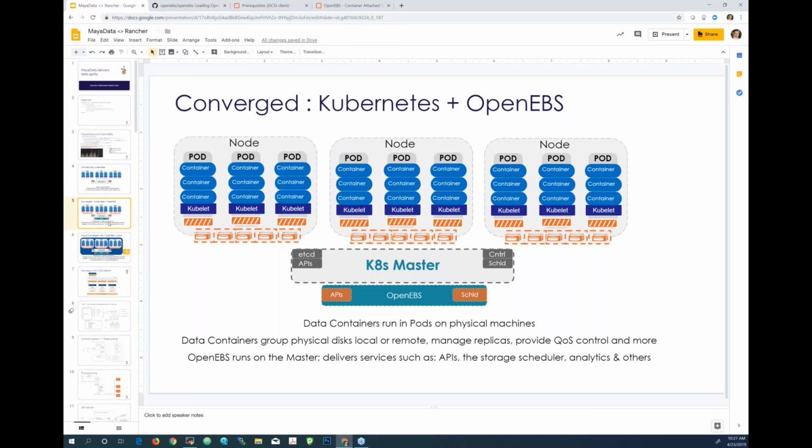Once you install OpenEBS, it is literally a 30 seconds one-time process you install on your cluster. It's even easier with Rancher now. We are an official Rancher partner. You can go to the Rancher catalog and install OpenEBS just by simply clicking on the catalog item. Let me actually share the screen here.